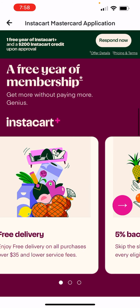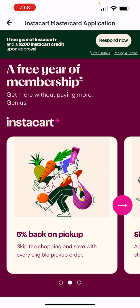And then that's going to be your membership, basically. So you're going to get free delivery, 5% back on pickup. So I was just telling you that when you pick up your groceries, you get 5% back. But check it, because gas prices is crazy. My last pickup, I think I did last weekend,